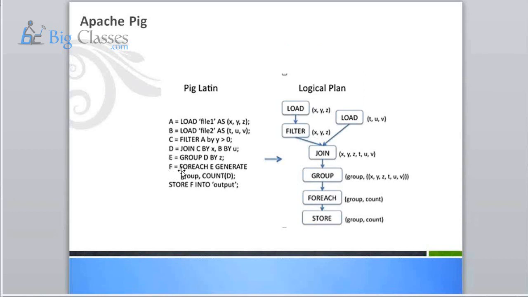Then further processing, I'm getting a data set called F. This is actually a grouped, aggregated one. You're doing grouping and getting a count. So this is syntax? Yeah, this is syntax. Finally I'm dumping F. This is a hello world program. So what takeaway, what analogy can you get from this? This is like a data flow language. This is not a complete ETL, but it looks like ETL, right? Yeah. So that's where I'm coming from.